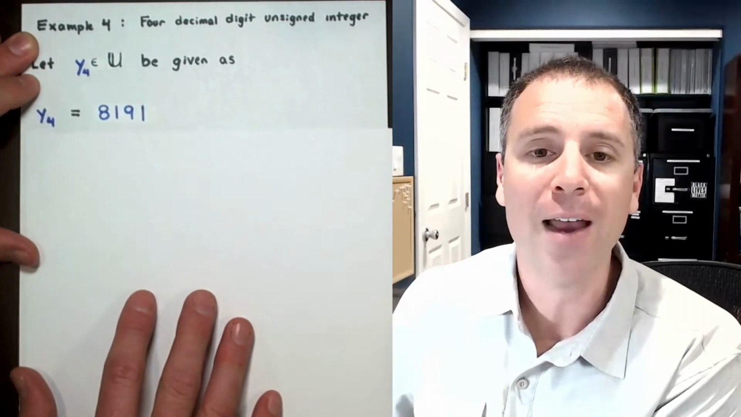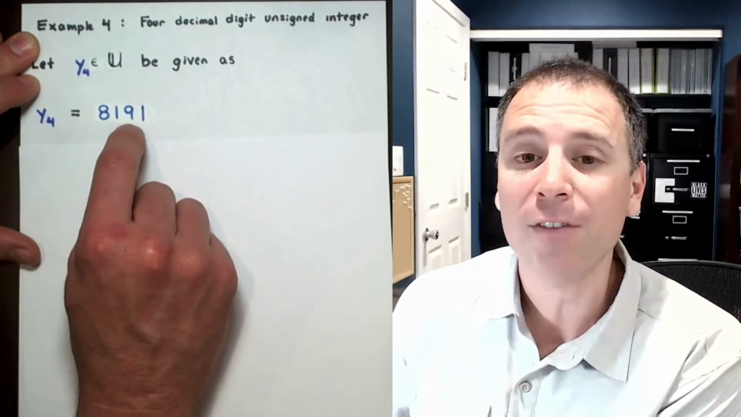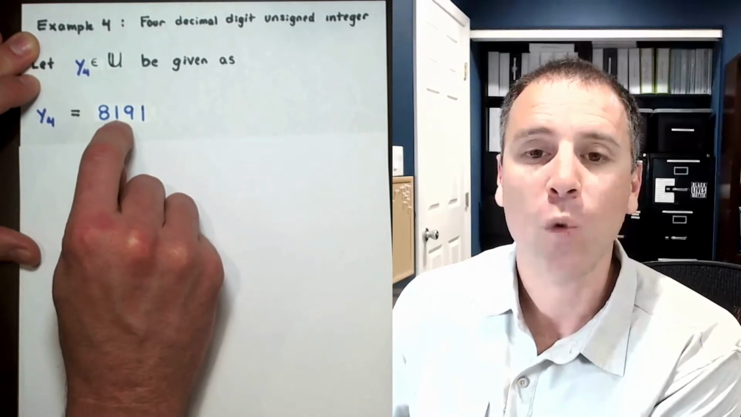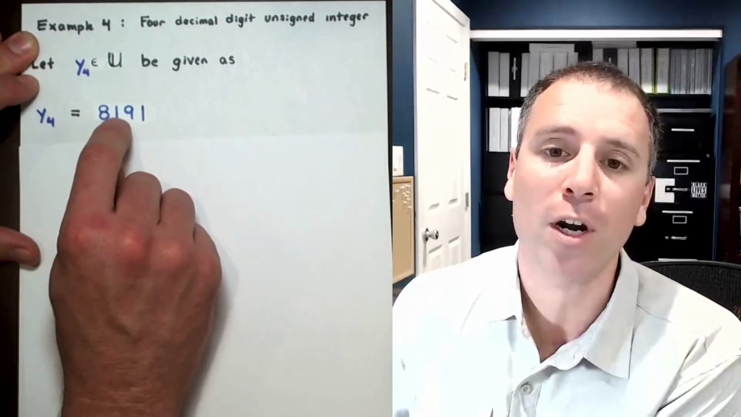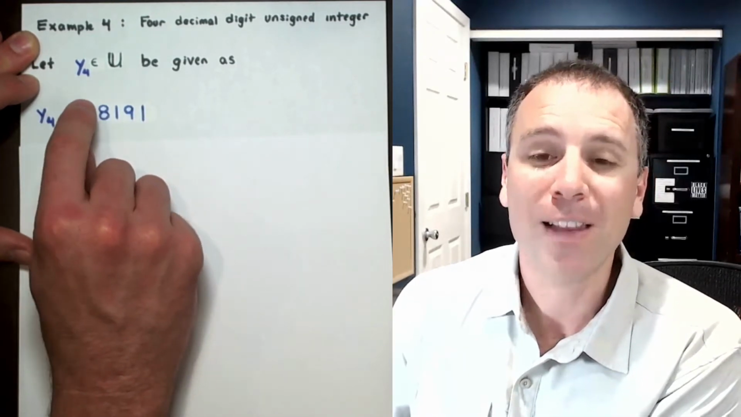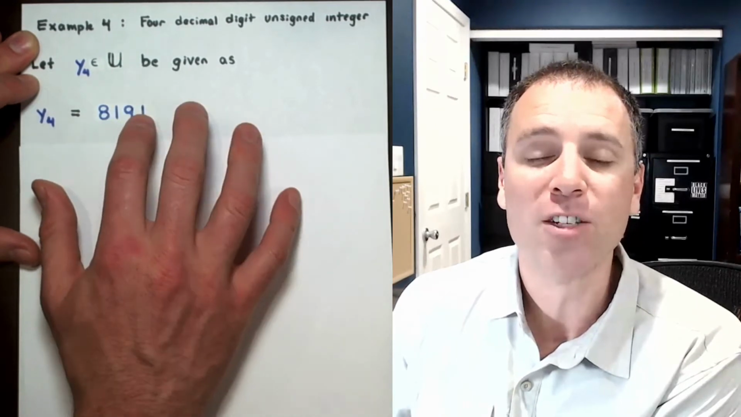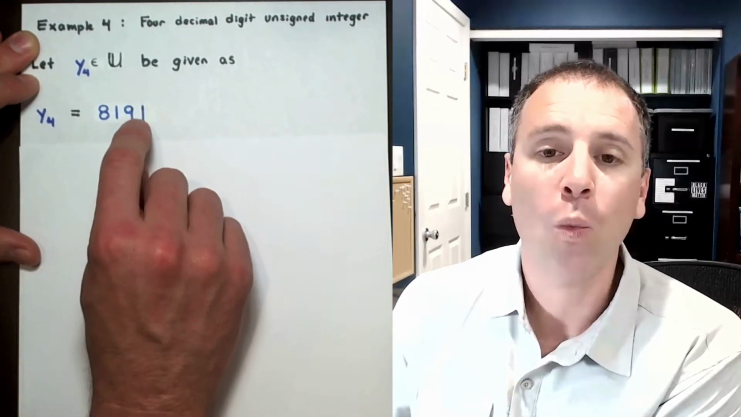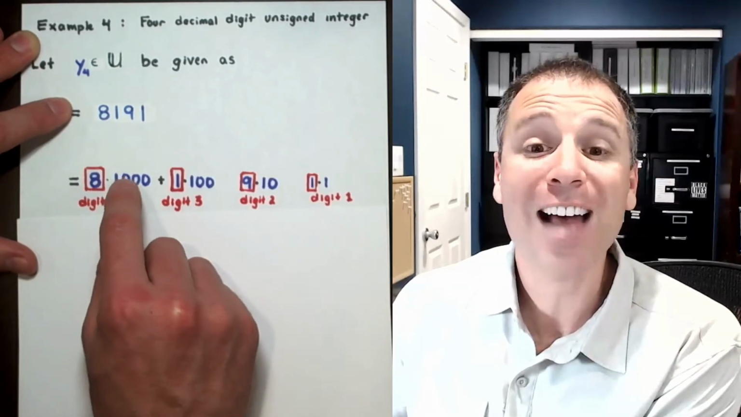In this case, we're going to use 4 decimal digits to encode that. That unsigned integer is going to be represented by the string of decimal digits 8191. In English, of course, we would say 8,191. But the claim is we're going to interpret what this means based on the decimal representation. Notice there are 1, 2, 3, 4 different digits, and we can count those digits as well as interpret what